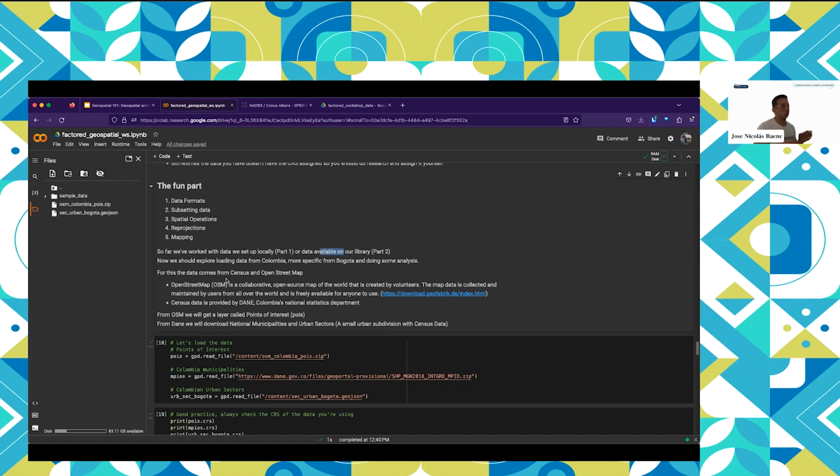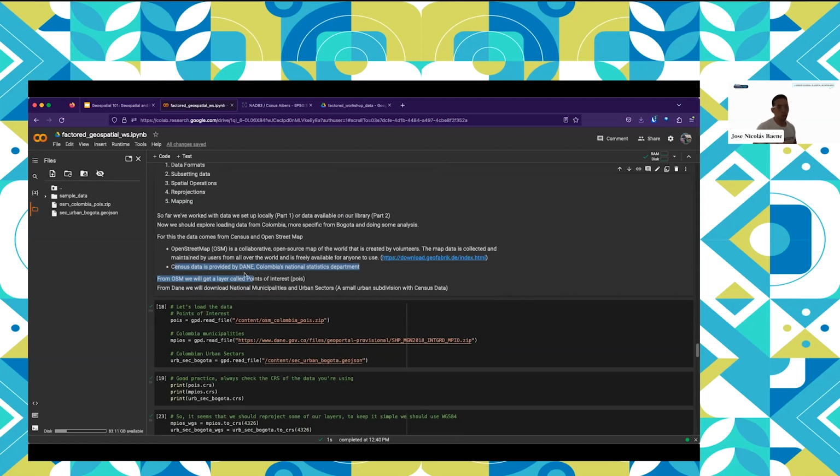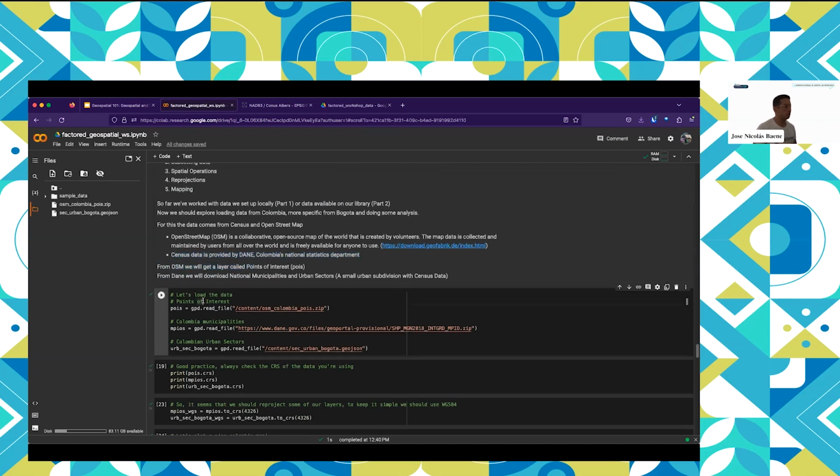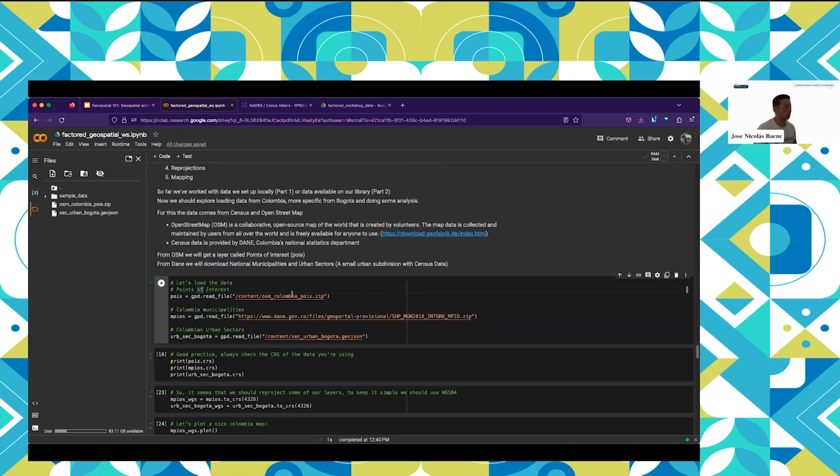And in here, we're going to use points of interest, a layer that is called points of interest. And we're also going to be using census data, which is provided by DANE, which is the Colombian National Statistics Department. So we're going to be using both of them, some geographic references. So this cell here, if you have loaded, these two are going to be loaded from your